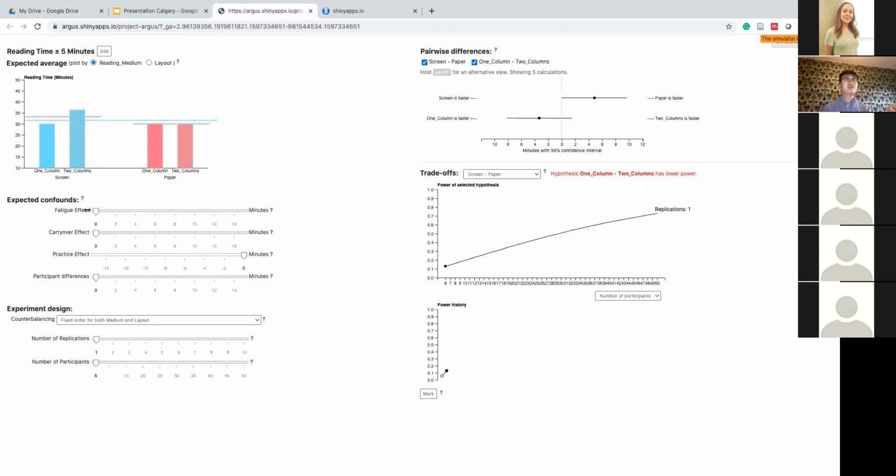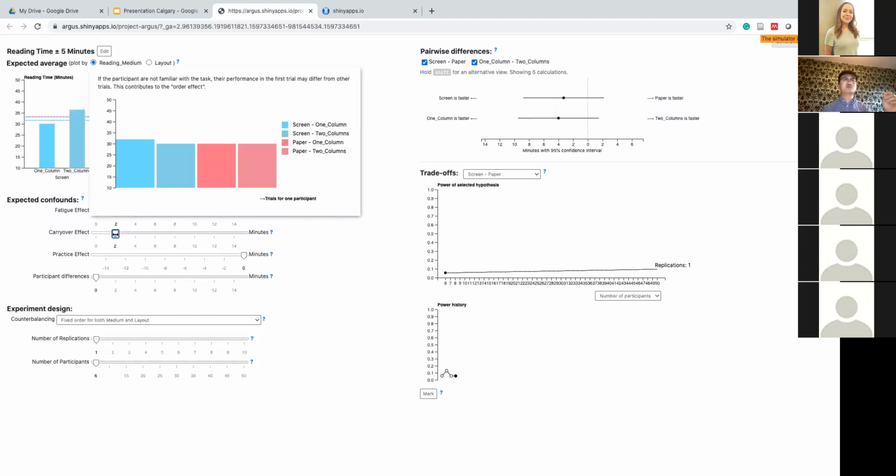And with the confound parameters, the sliders, users specify the effect of the confound. So they can basically choose the estimations. And this is a preview to demonstrate how the changes will influence the expected averages.